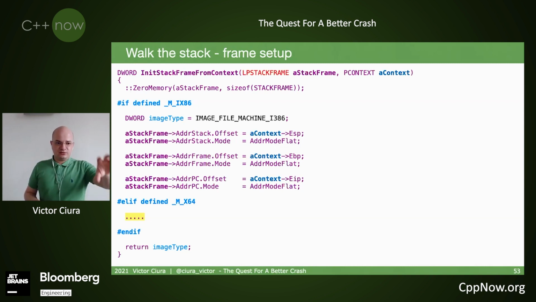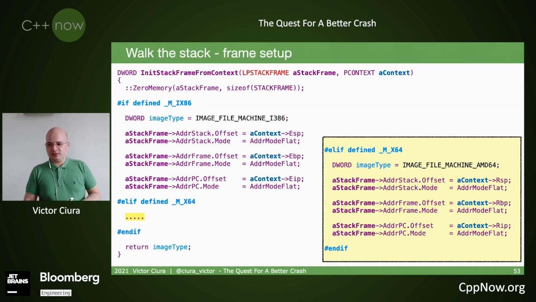So for 64-bit, this information is slightly different. And the image type gives us what kind of image we're dealing with, if it's a 64-bit or a 32-bit image. So again, not complicated, but you need to know how to fill this information into the stack frame structure. This is the 64-bit information. Basically the same registers, only the wider versions, RSP, RBP, and RIP. Okay, just some magic sauce to make it work.